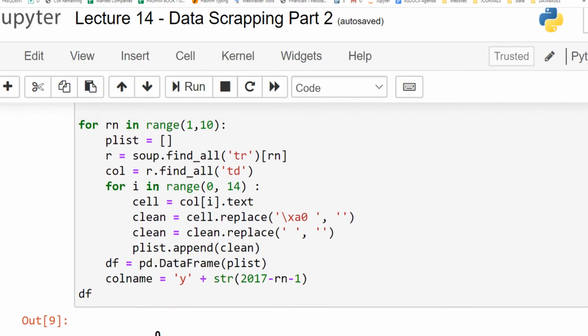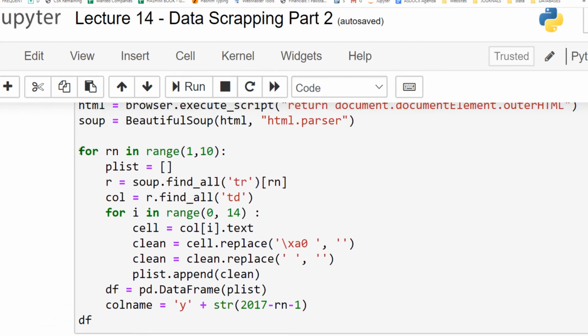Then from the soup, we first of all extract rows. So for rows, we define a variable row number, and then we create an empty Python list which we shall populate as we get data. So now on the soup object, we apply a method that is find all, and find all tags that have the TR tag.